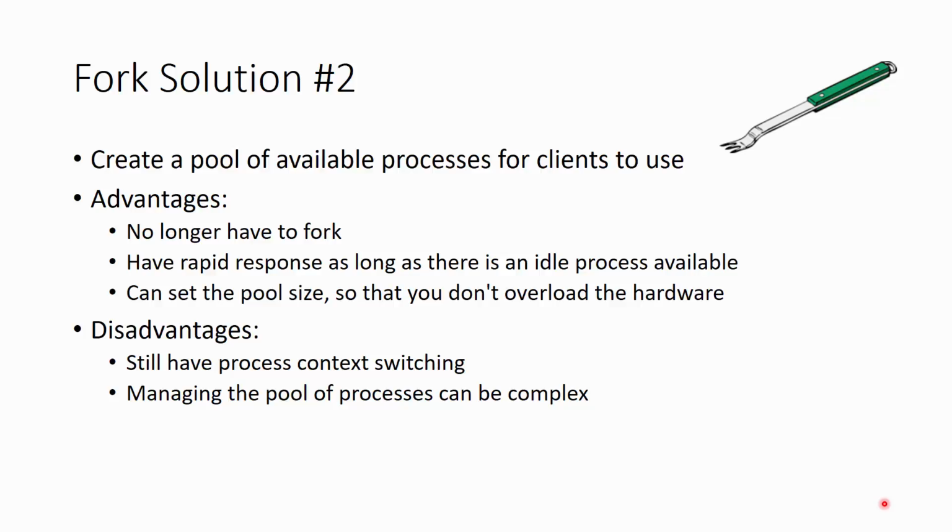And if we just need to get the program running quickly out of the gate, we could spawn, say, a limited-size pool just to get it going, and then have a system where, as connections come in, we create new pool processes until we have a maximum size of the pool so that we don't overload that hardware. Disadvantages: we still have process context switching happening, and we have to manage a pool of processes, which is